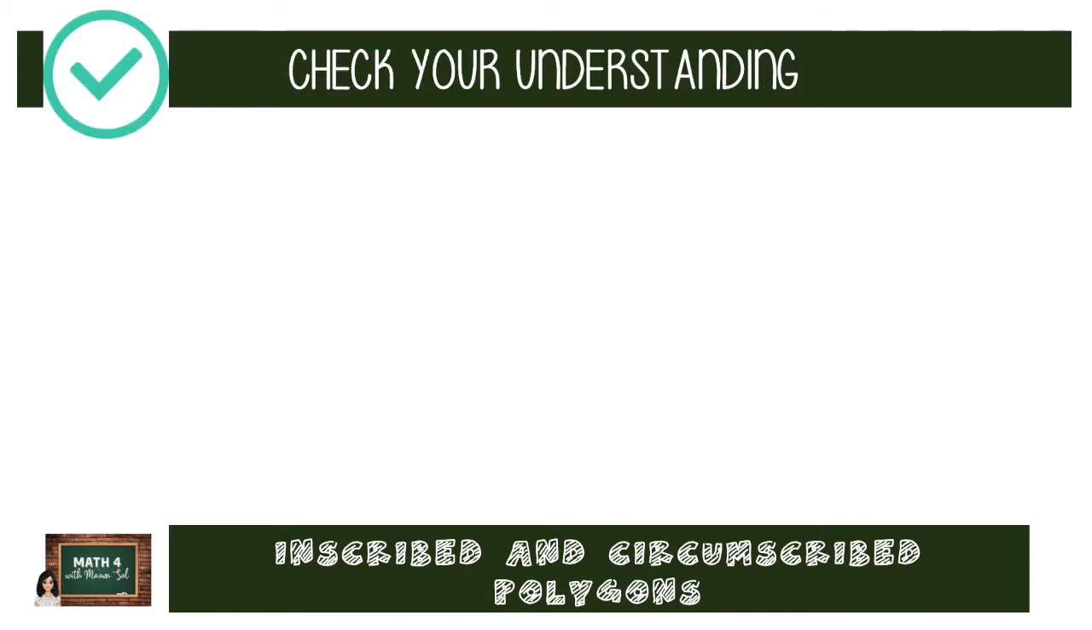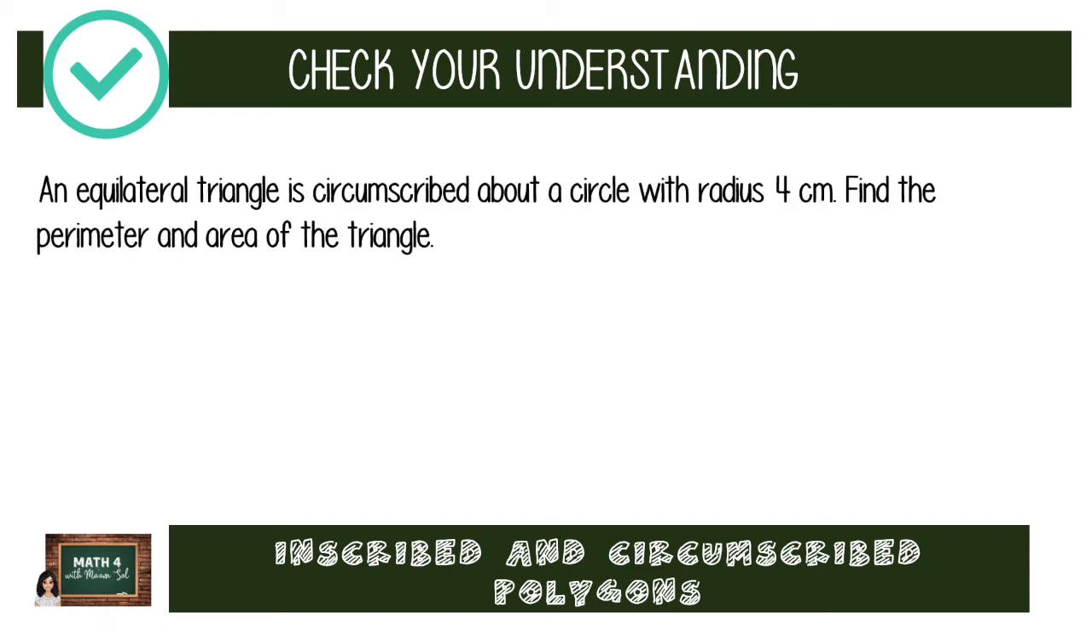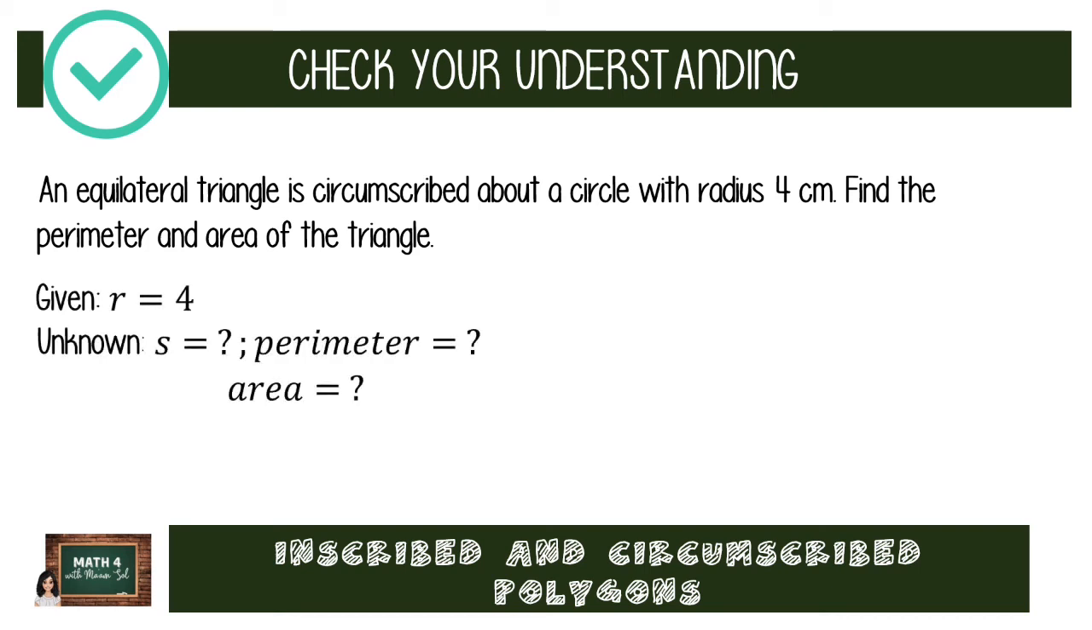Let us use the derived formula to solve the problem. An equilateral triangle is circumscribed about a circle with the radius 4 centimeters. Find the perimeter and area of the triangle. The given is the radius of the circle, which is 4. The following are the unknowns: the side S, which is necessary to compute for the perimeter, and the area of